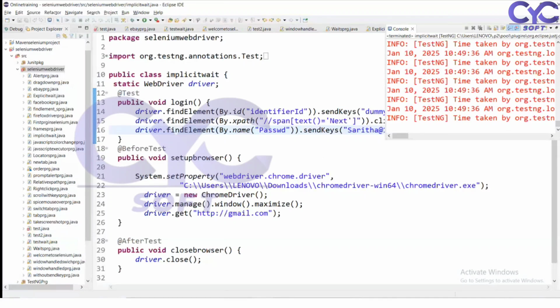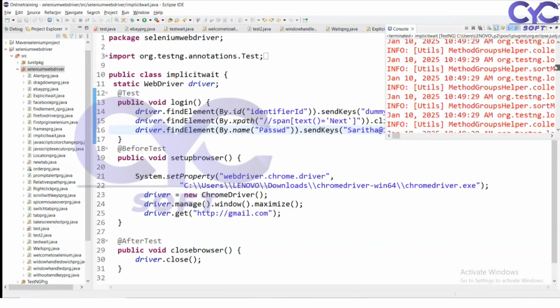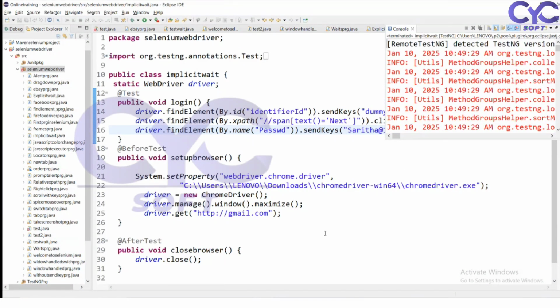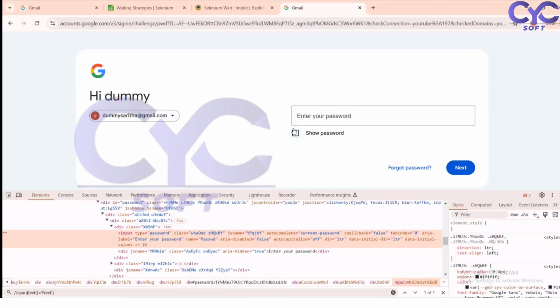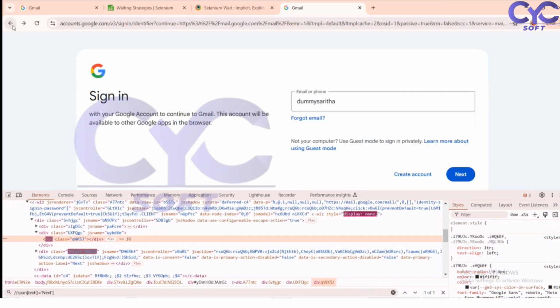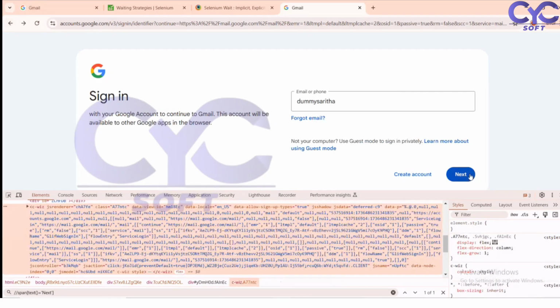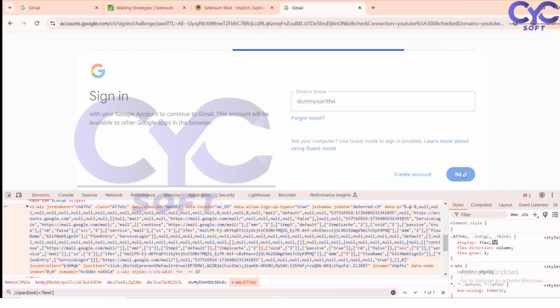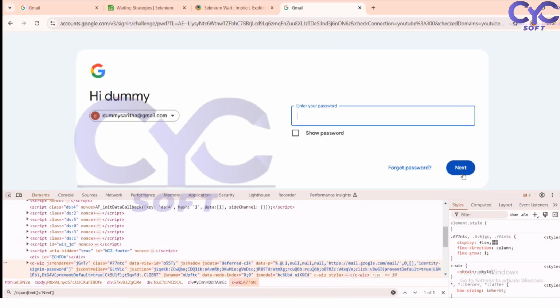So it has failed. Why? Because it needs some time to load that particular application. So it is not waiting to load after clicking. If I go back, after clicking on next, it is taking some time to load it. So this loading time, I'm not able to tell my browser to wait for a